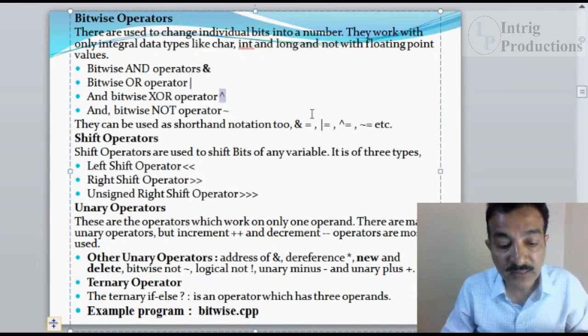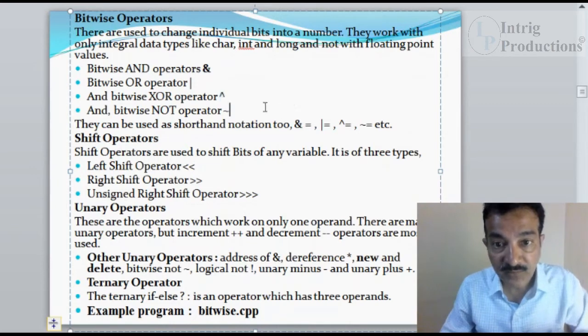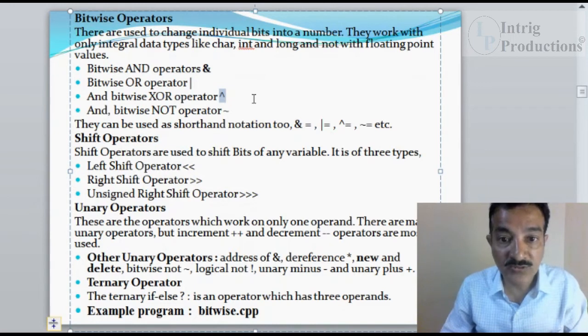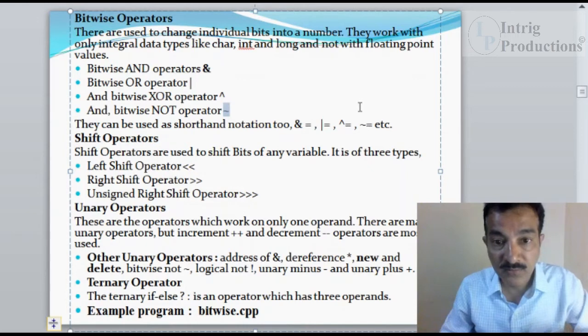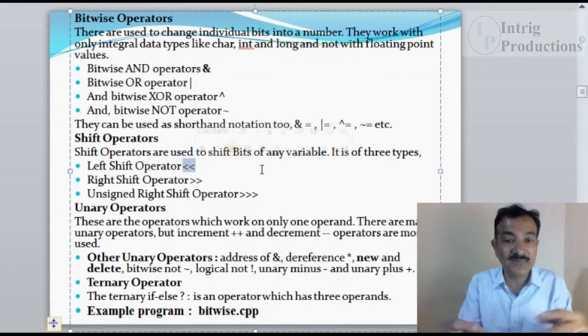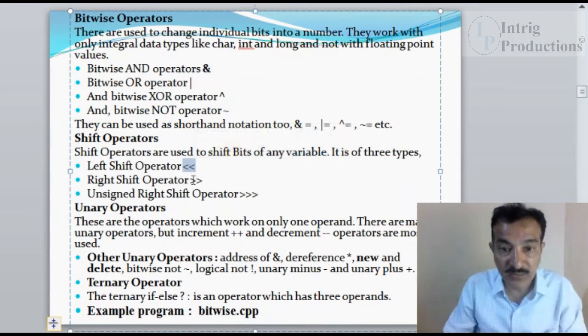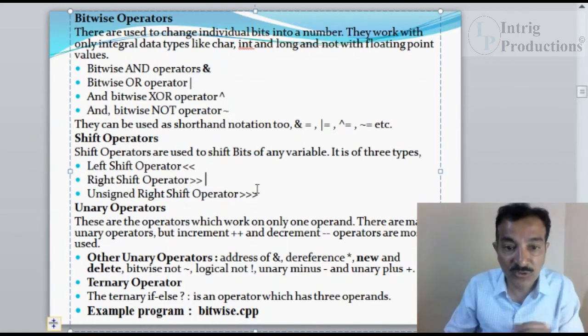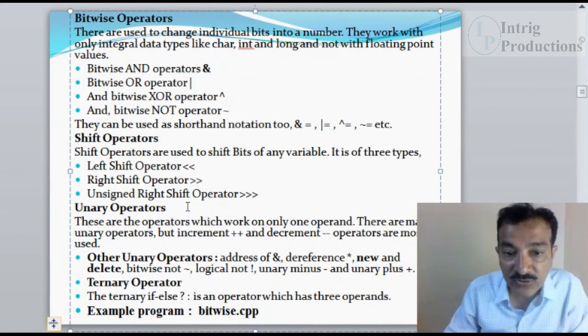And if you are using this one, it's an XOR operation, and this is for NOT operations. And using two less than signs together, it's a shift operator. So you are shifting the bits to the left, and by using two greater than signs, you are shifting the bits to the right. I will show you all of this with an example, and I have already shown you unary operators and the ternary operator,